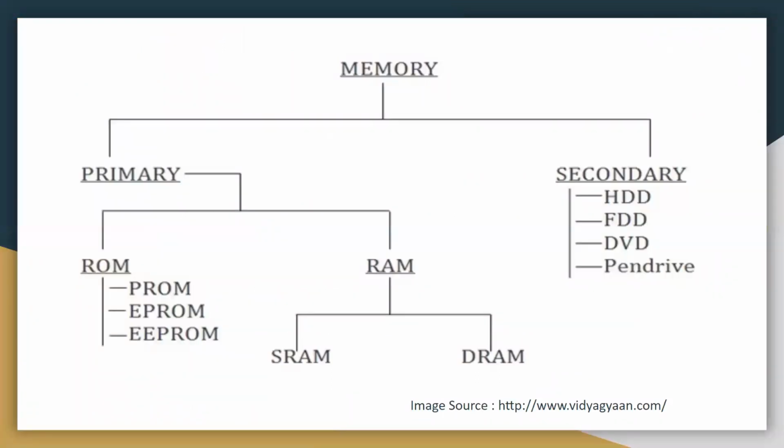Before we start, we should first understand what we mean by memory. Memory here refers to computer memory. Computer memory is just like your human brain, where it stores the data and instructions. It acts as a storage space in your computer where your data is processed and the instructions required for processing are also stored. So that is your memory.